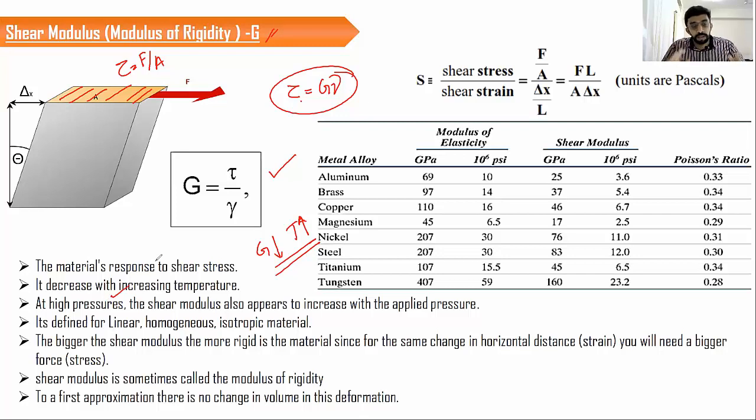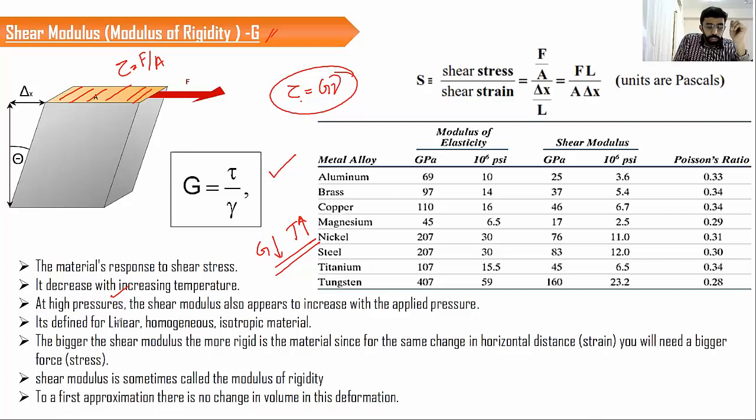Basically, this is something related with the rigid nature. That means rigidity means what? A rigid body means a body which will not change its shape even after the application of load. That's how we define rigid bodies in the mechanics of solids. So when a body tries to maintain its shape, it's a rigid body. That's the reason why we call the shear modulus the modulus of rigidity itself.